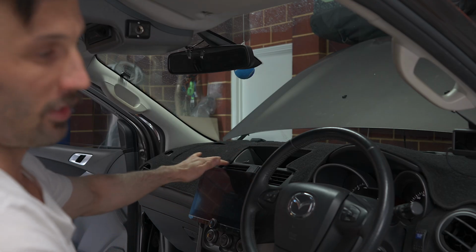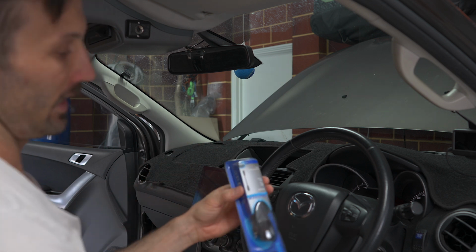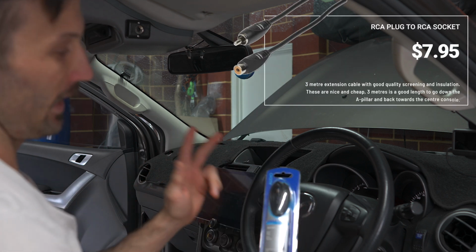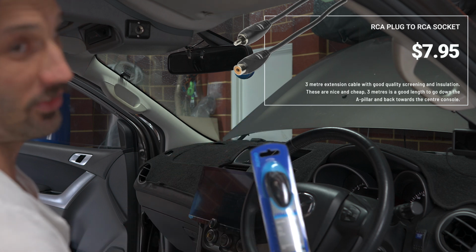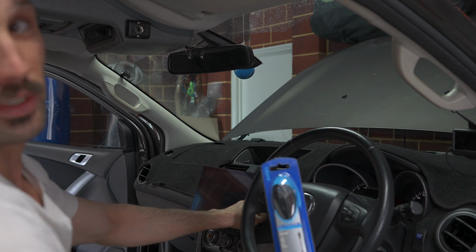So I do reference a workshop manual in this, but without the workshop manual it would have been kind of a similar process, just with the live testing and figuring out which was the coiled pair. So this head unit I'm actually returning, but this will be the same on the next head unit that I'll get. I'm going to run in an RCA cord and just make sure that it does work, and then I can just leave this from the camera, which I can't use anyway, tucked behind here somewhere